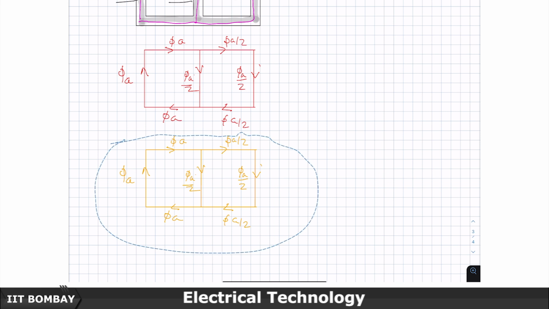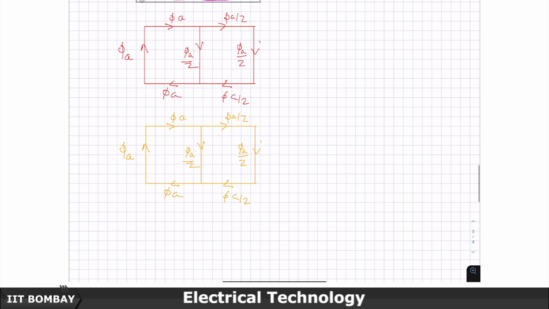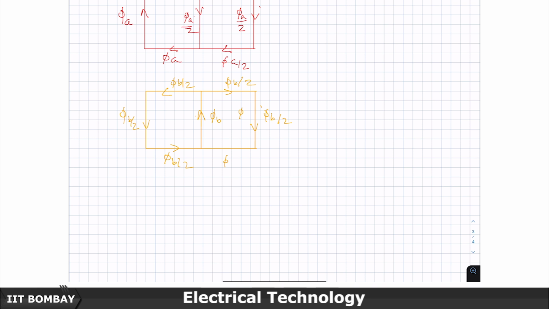So, you take this as the y values, you excite it by the phi B, here r y b or a b c, then it will break into phi B by 2 here, it will split into phi B by 2 here, will return back from here, it will become phi B by 2, in this limb it will become phi B by 2, and it will come back as